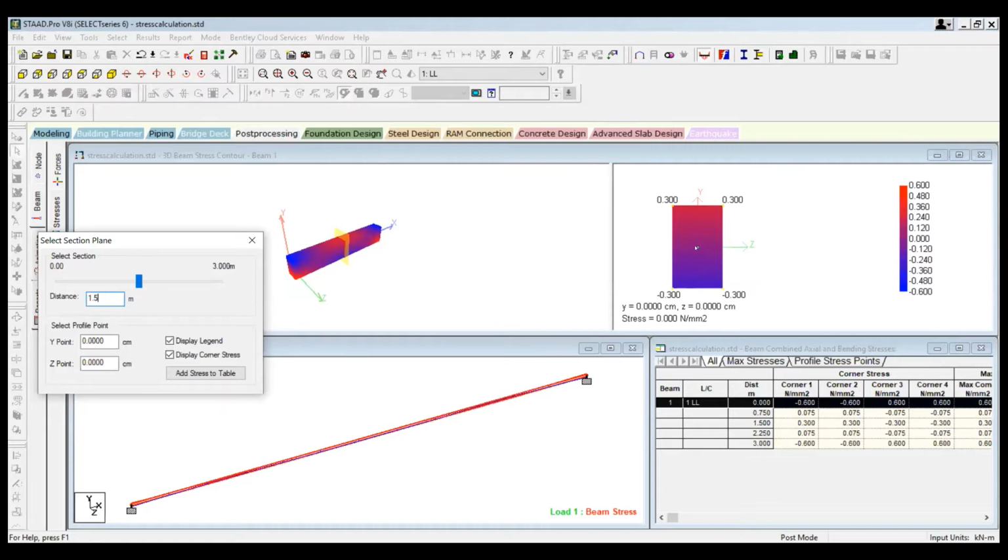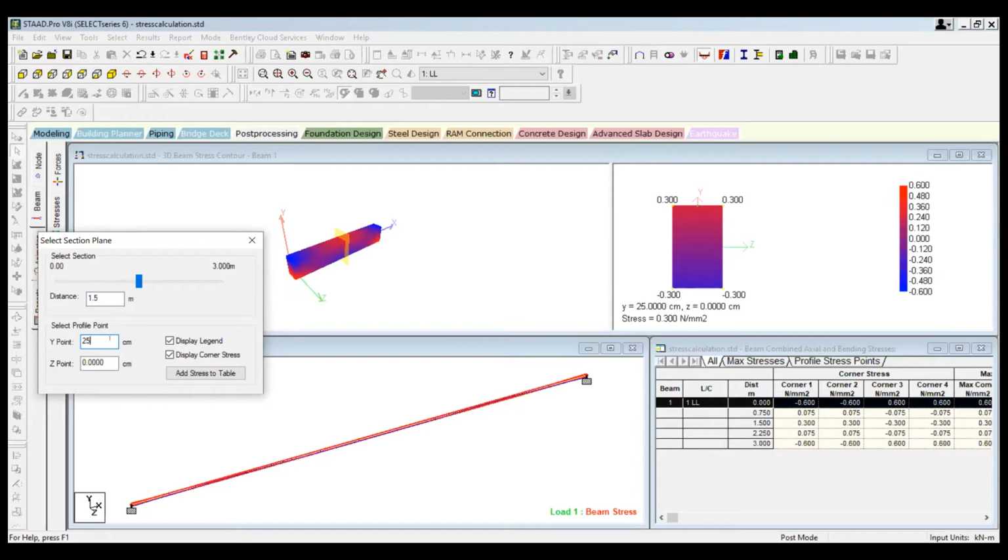Now for that point you again have axes over here, y-axis and z-axis. For those y and z axes, you can type the distance here. For example, y, you want it at the edge. So at the edge means how much? It is 25 centimeters.